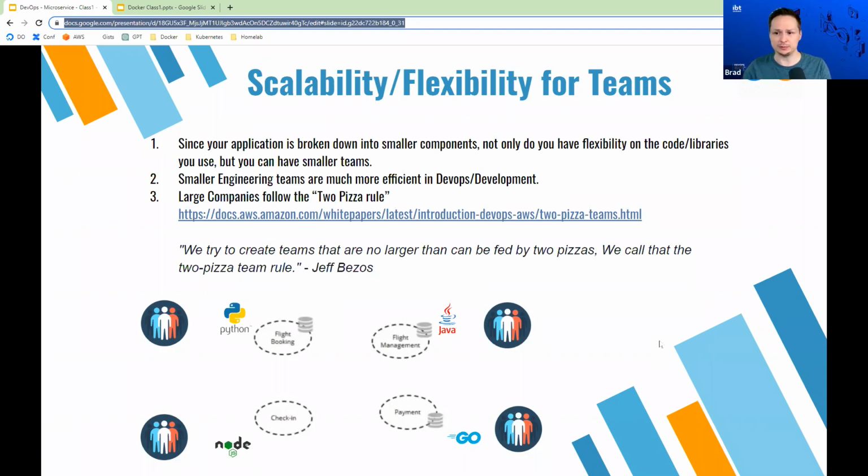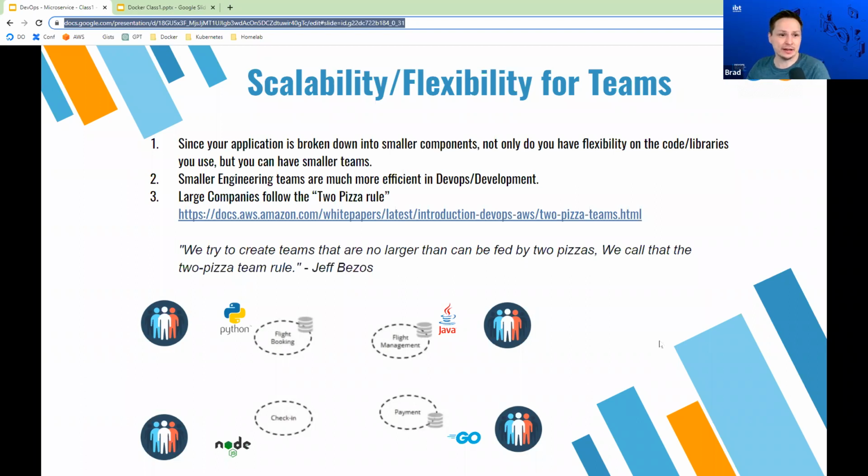And most large companies are going towards this model, and they follow what's called the two pizza rule. The two pizza rule is basically that your team should be able to be fed by just two pizzas, right? I guess a large pizza has 8 slices, so that's 16 slices.